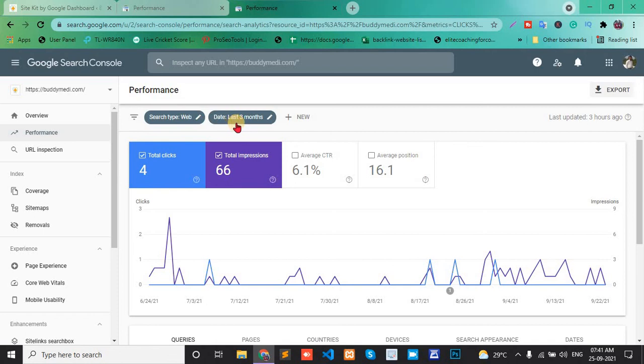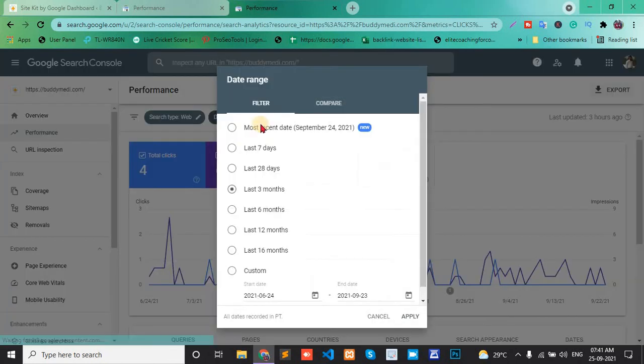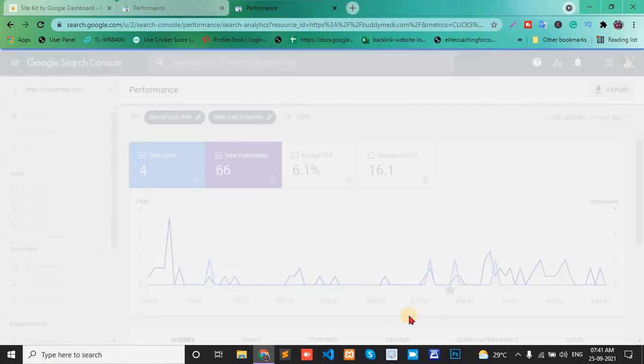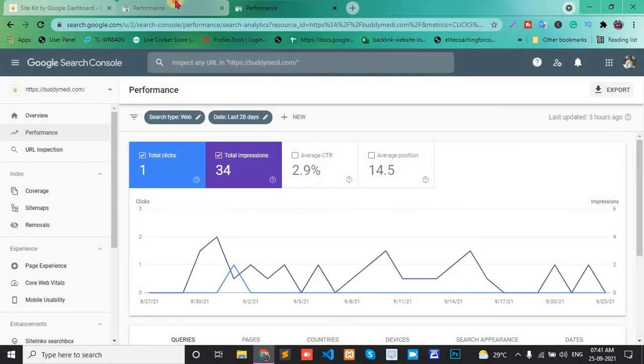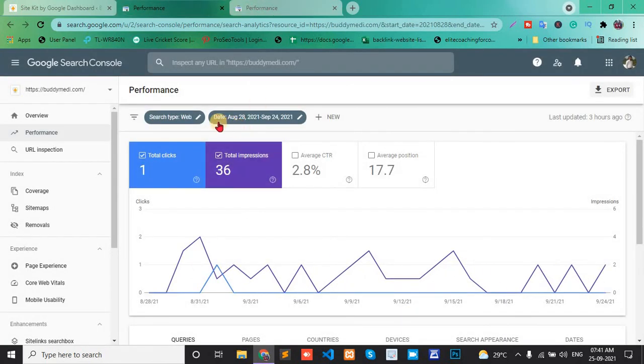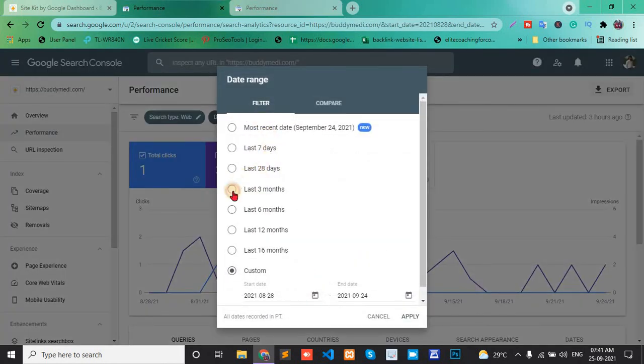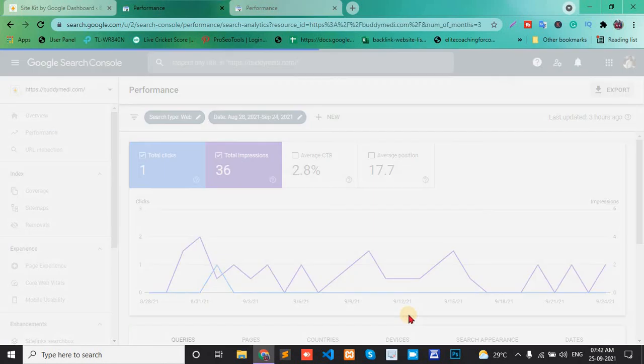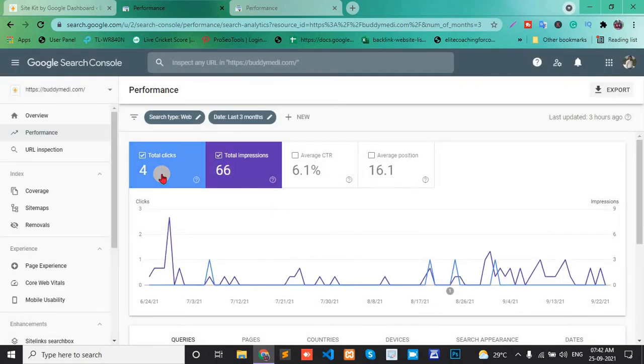this one is last 3 months. It changes to 28 days and apply. 34 and 1. Okay, this is August 28 to September 24. Change to the last 3 months. 66 and 4. Okay,